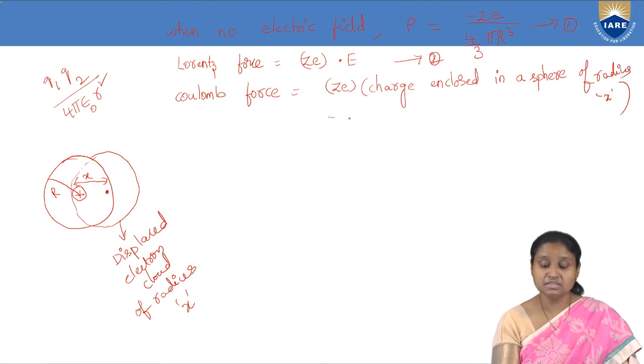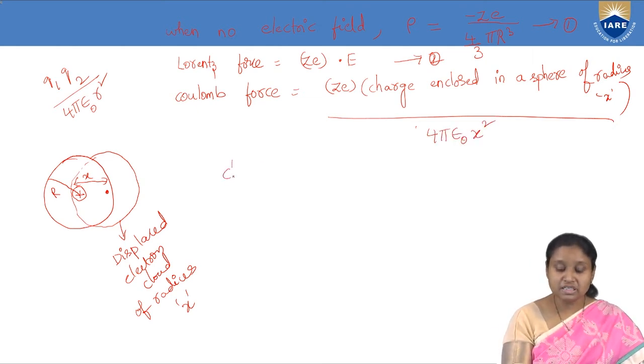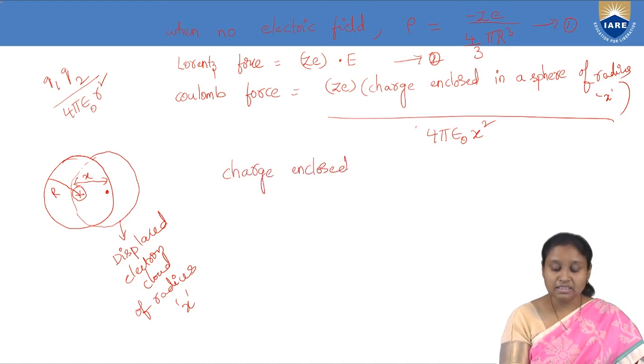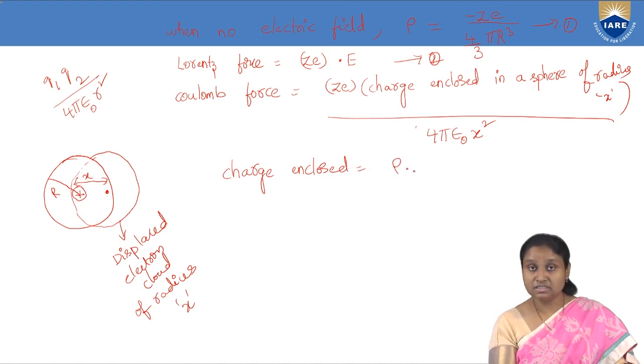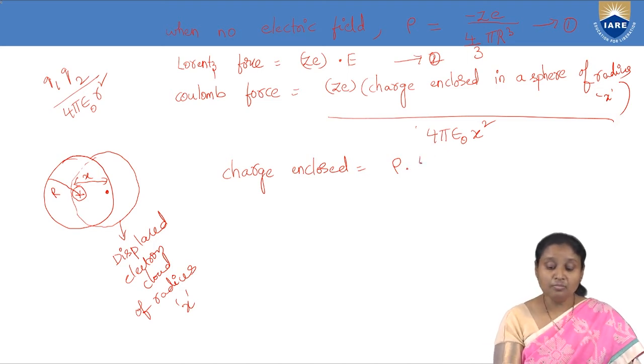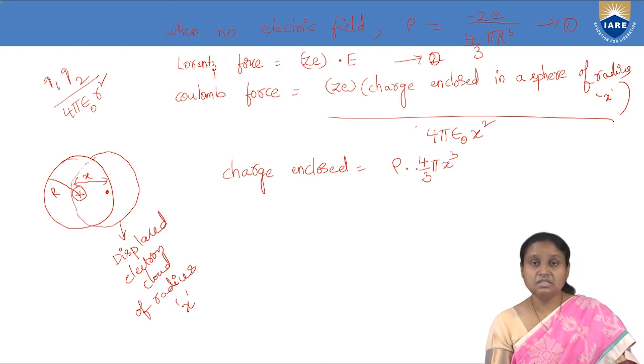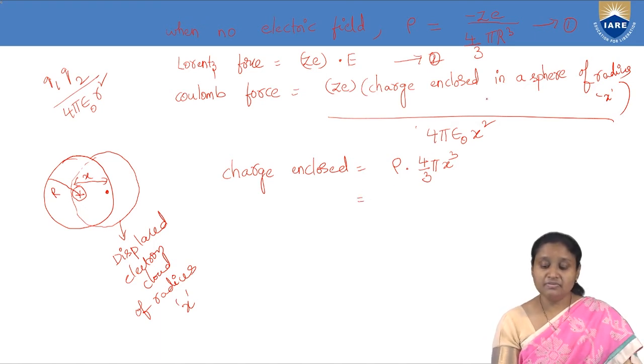And of course these two charges are separated by distance x under equilibrium condition. So this I'll take as 4 pi epsilon naught x square. Now if you want to know the charge enclosed, then this charge is nothing but, out of the total charge density of the electron cloud rho when we have not applied any electric field, how much charge has been distributed in a sphere whose radius is x. So this is our charge enclosed, and we know that we have expression 1.